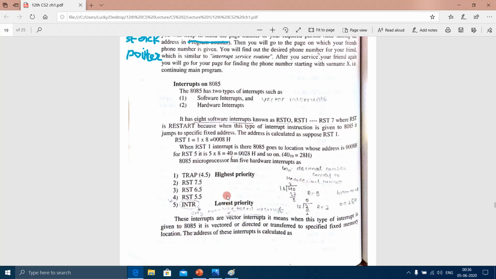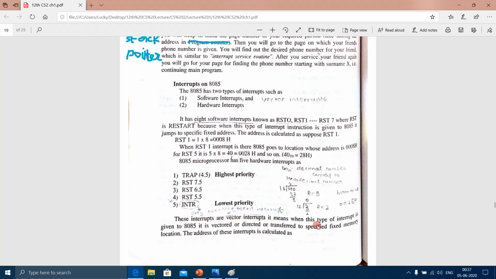Now let us see what is written in here. So INTR is the only non-vectored interrupt. The rest, the software interrupts and these 4 hardware interrupts, are vectored interrupts.